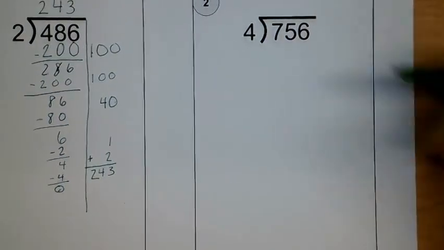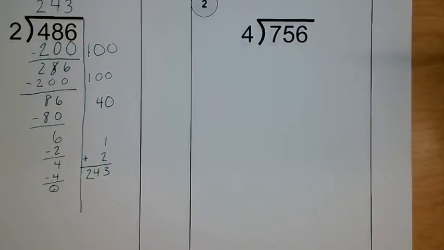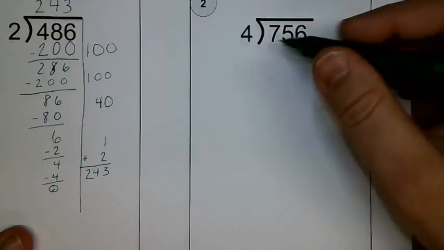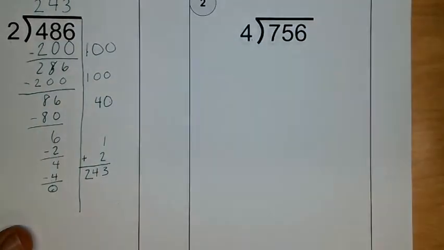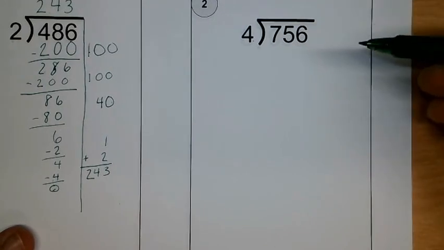All right, so let's slide over to number 2. For number 2, I'm going to give you a second strategy. My second strategy is going to be like this. I've got the number 4, and I'm not super great with my 4s. When I know my multiples of 2, those are a little bit easier, but 4s, they can be